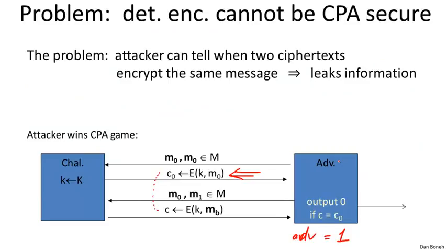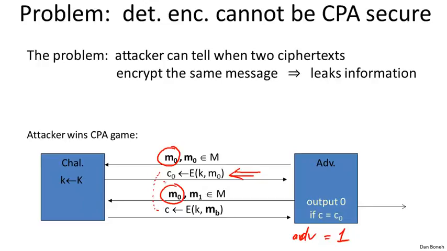Now I should point out, if you go back to the original attack here, so here we go back to our CPA attack on deterministic encryption, you notice that here, in fact, this is not a deterministic CPA game because here the attacker did ask for the same message M0 to be encrypted twice. So in fact, this attack would be an illegal attack under the deterministic CPA game. And by ruling out this attack, we actually make it plausible that we might be able to give constructions that